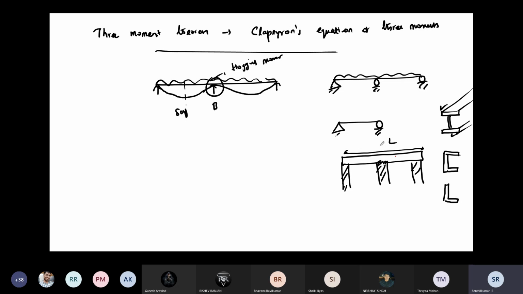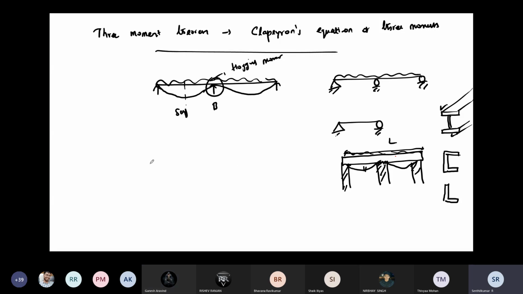Now, what I wanted to share here is, if you have a beam running continuously without any break, just supported on the columns, and I apply load, it will try to bend like this. Here it is simply supported at the end, but at the support the top fiber will be subjected to tension and the bottom fiber will be in compression. But in the span, the top fiber is in compression and the bottom fiber is in tension. That is the difference.